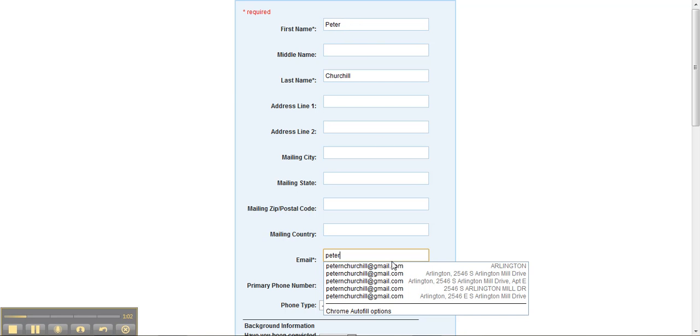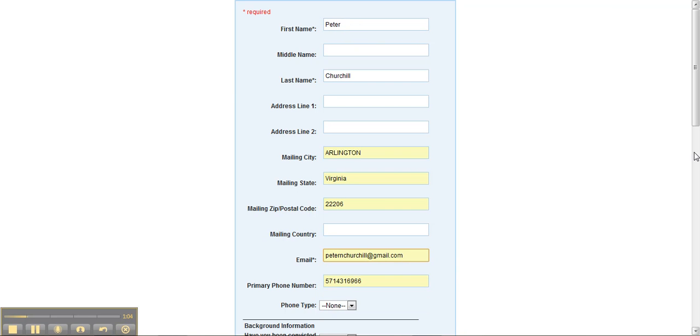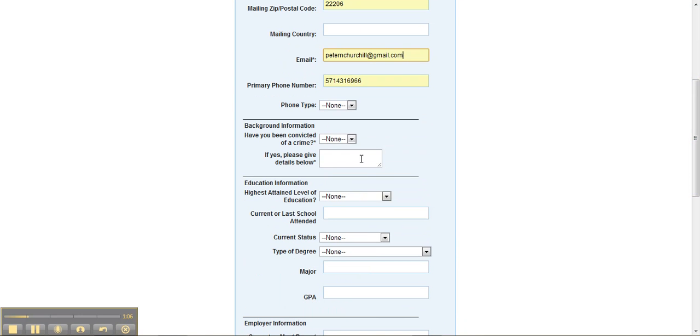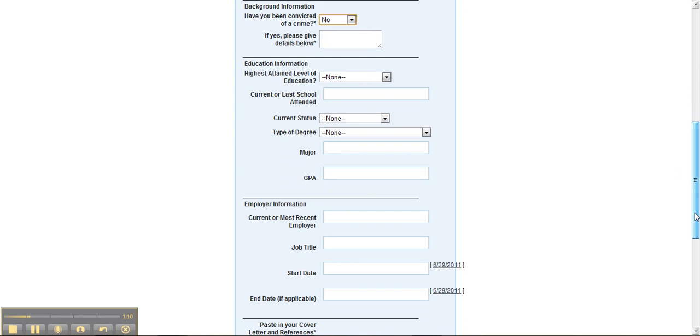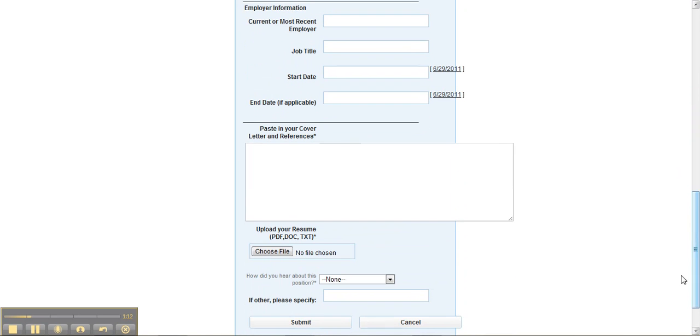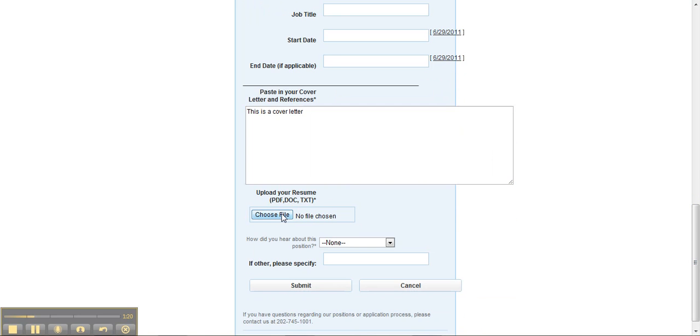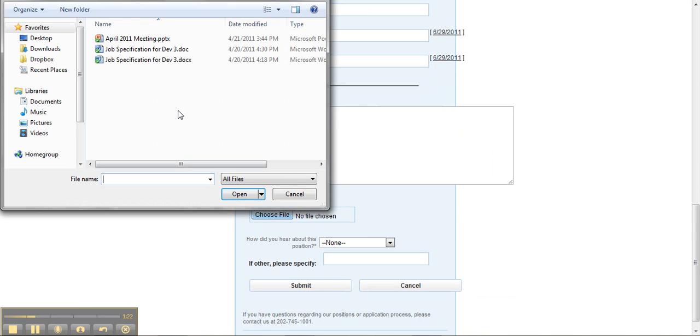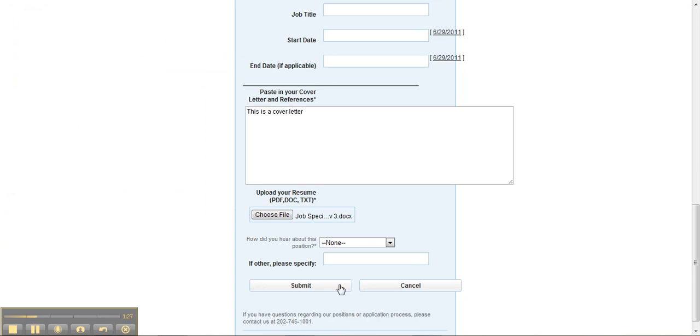We can fill in various bits of information, and we can just scroll down. You'll see we can have all sorts of different information about what we want to capture. We can have them fill in a text cover letter, and we can have them also, if they so wish, attach a resume. So we can go in here and say they can attach a Word document. We click submit,